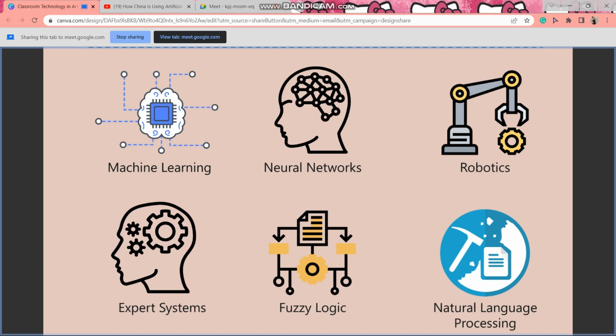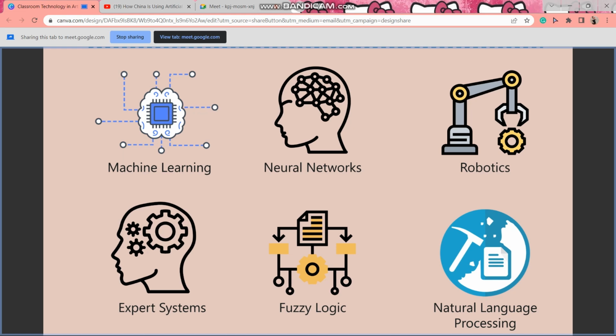So for the fourth one, expert systems. An expert system refers to a computer system that mimics the decision-making intelligence of a human expert. It does this by deriving knowledge from its knowledge base, implementing reasoning and insight rules in terms of user queries. So for the fifth, fuzzy logic is a technique that represents and modifies uncertain information by measuring the degree to which the hypothesis is correct. Fuzzy logic is also used for reasoning about naturally uncertain concepts.